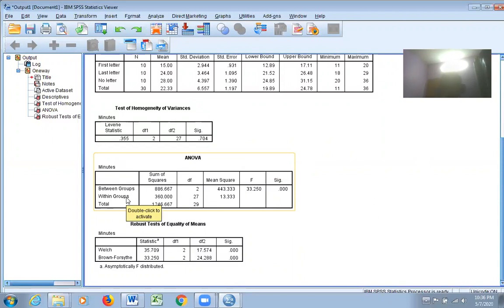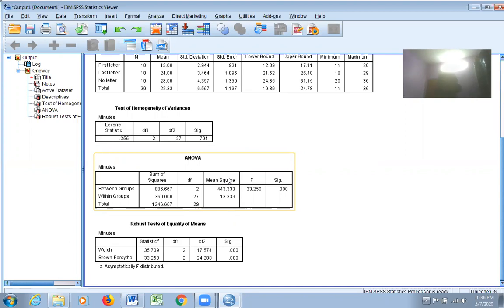Within groups means the variability we have within our groups, which we cannot control for and cannot explain. Here, sum of squares, you know very well, is nothing but finding the deviation of each and every observed item from the mean value. You multiply the deviation by itself, that is, you square it. Then you total all the squared differences. What you get is the sum of squares. Then divide it by the degrees of freedom. You will get a mean square. Mean square is the variance.